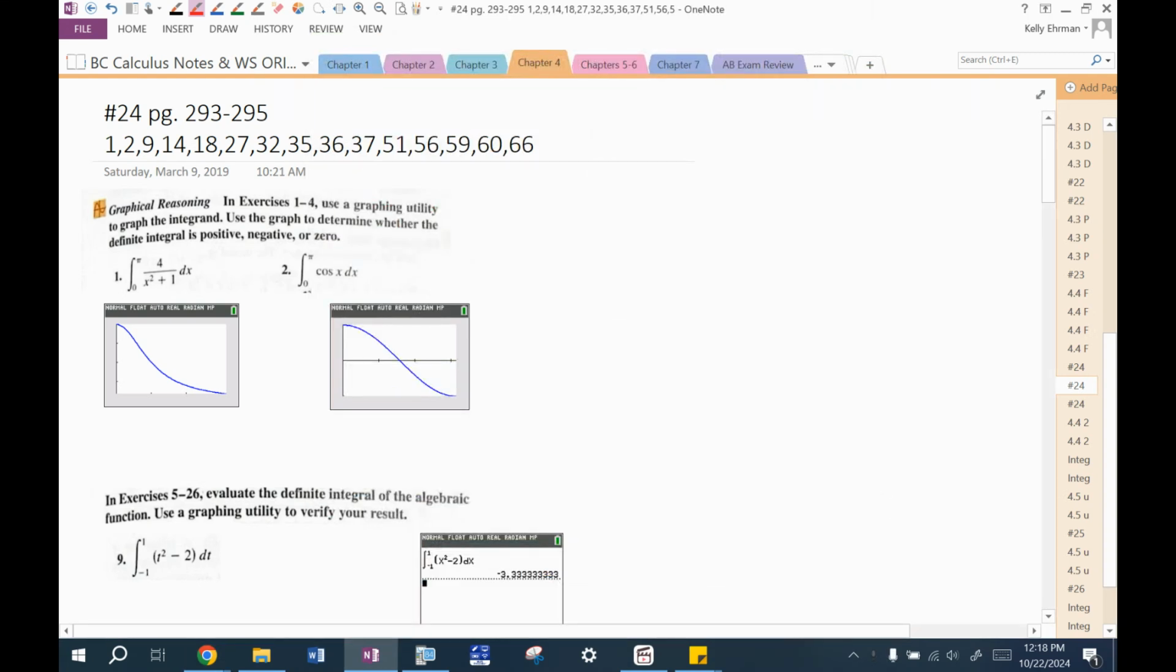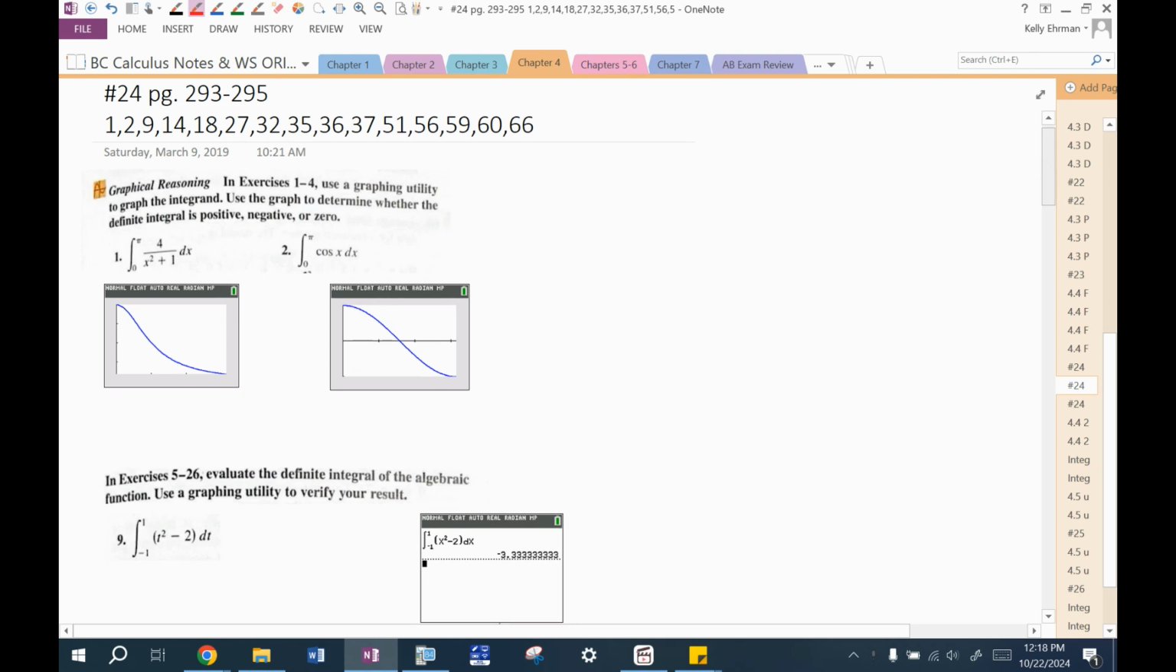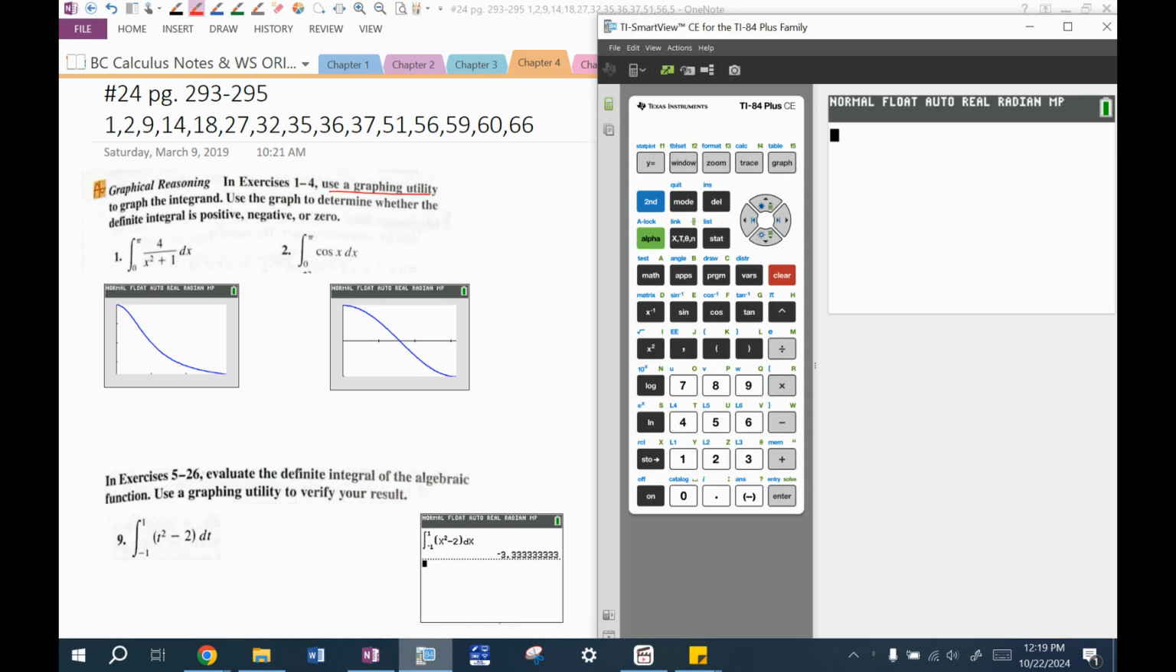All right, for homework 24, the first two problems say use a graphing utility to graph the integrand. Use the graph to determine whether the definite integral is positive, negative, or zero. So I left my screenshot up here, but I want to remind you how to graph just the window of interest quickly. So if I press y equals, I can type in 4 over parentheses x squared